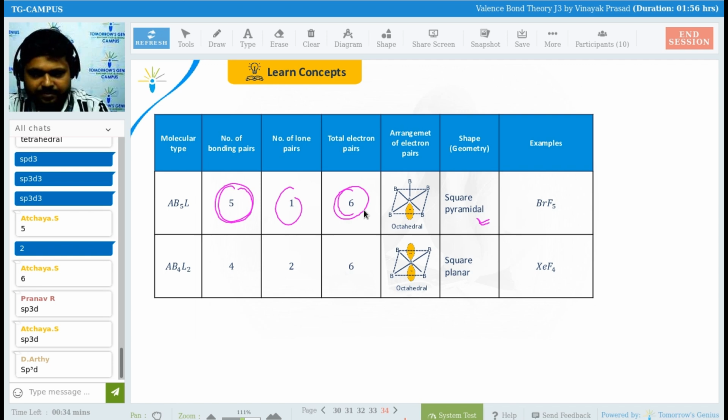Square pyramidal. Now you can see here, if it is a type of AB4L2 type, it means what? There will be 2 lone pairs. So you can see here 2 lone pairs are there, right? If there is a 2 lone pair,